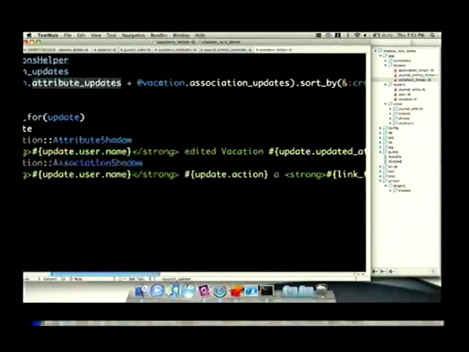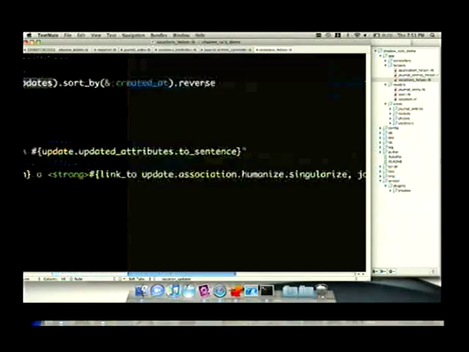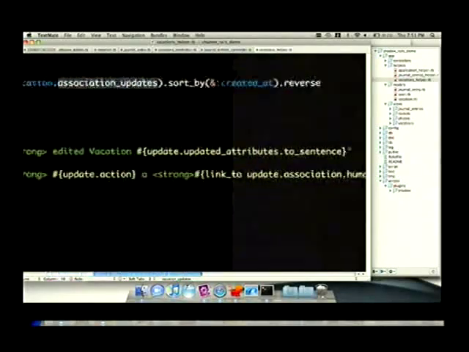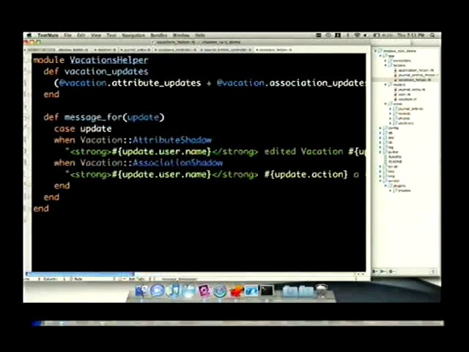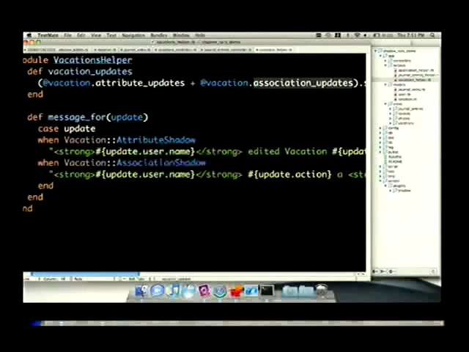And then I just grab all those, set the two queries, and I sort by created at. Obviously, this can be more efficient, but just for the sake of this, to show you that you can get attribute updates for every version that you've ever saved of a vacation, and then association updates too. So you have a track record of exactly who added a photo, let's say, to a vacation, who added whatever. You can program